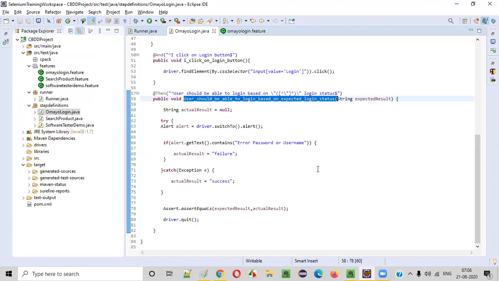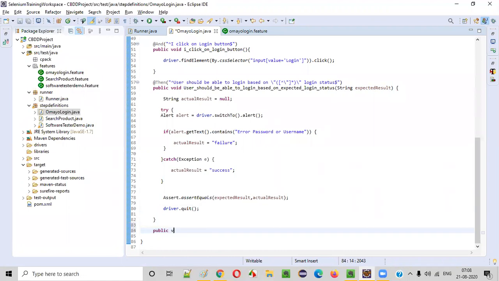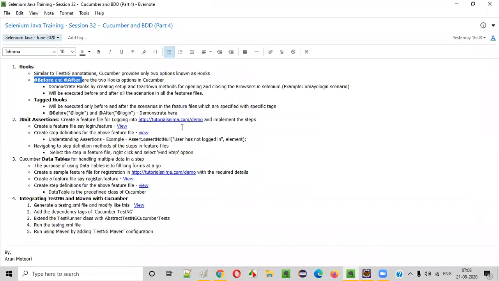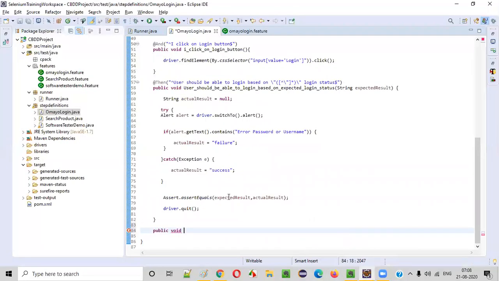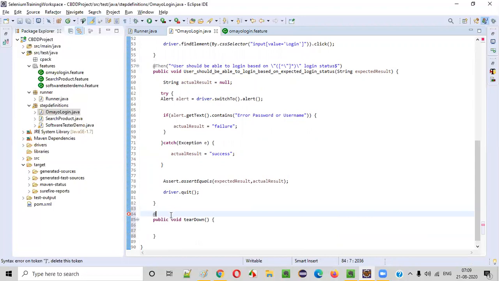This step is written here just to close the browser, but this is not the actual place for this driver.quit. So here I'll say public void. You can give any name, like closure or tearDown, anything. TearDown I am giving. In this kind of method, I'll use @After.